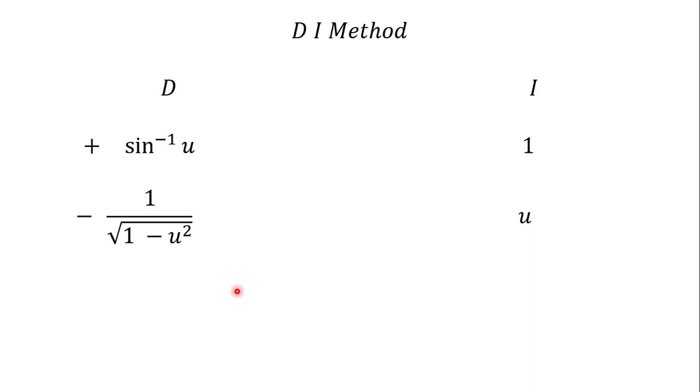that the product of a row. When I say product of a row, I mean when you multiply what is under the D column by what is under the I column. Whatever you get is the product of that particular row. So we stop when we realize that the product of a row gives the original question. And also we stop when we realize that the product of a row can be integrated without using the DI